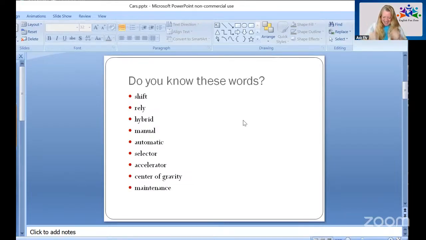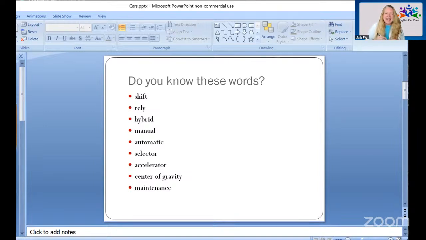You said, yay. Sally, my dog. Okay, so the first one is shift. So if you're in a car, you have